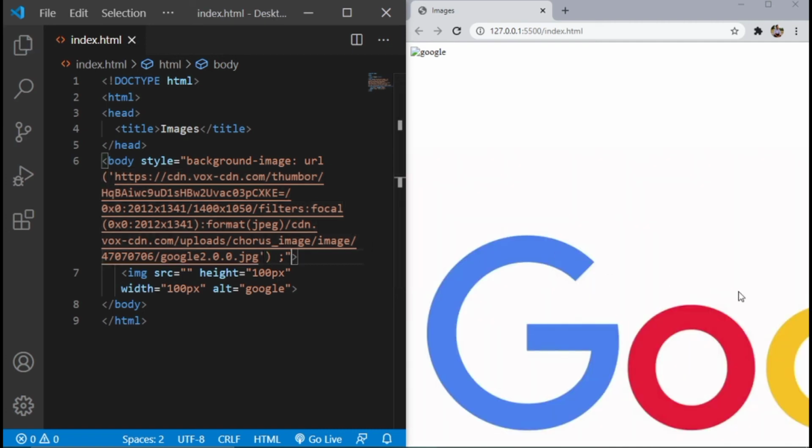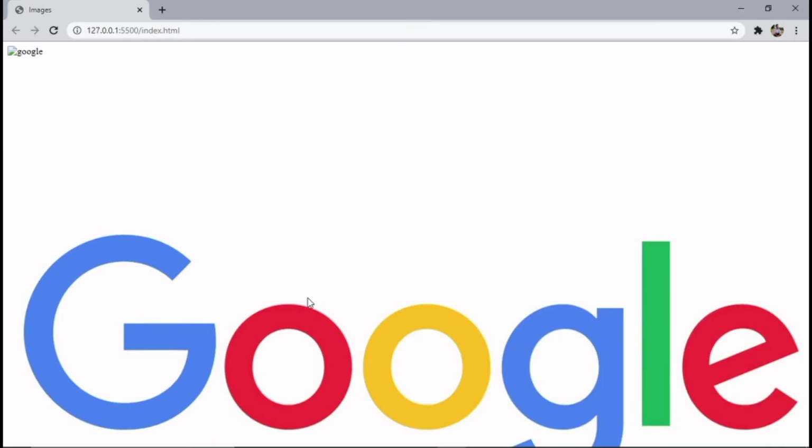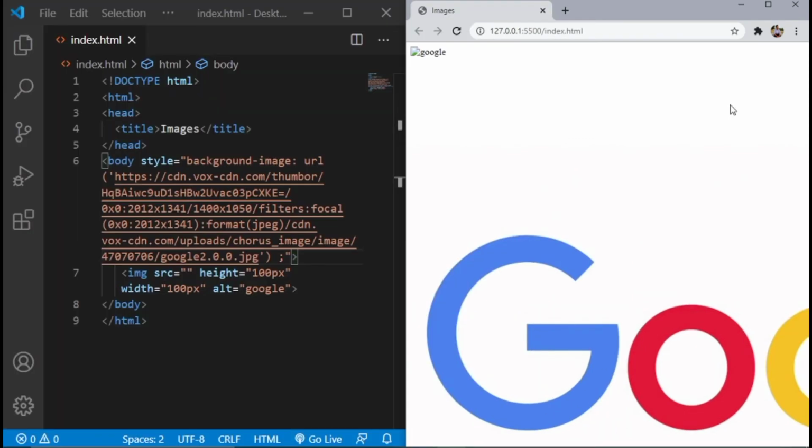So now you can see here, let me maximize it. So you can see clearly our image is showing in the background, but it is not fitting in our browser clearly. So for that we will use here another property.